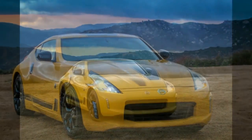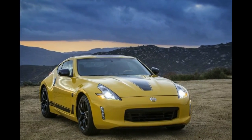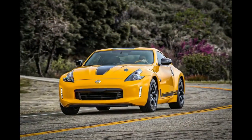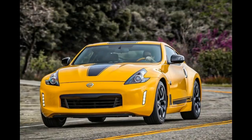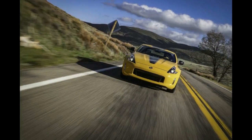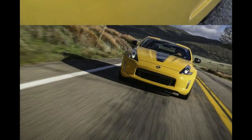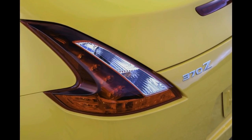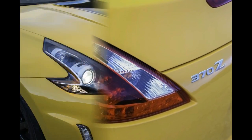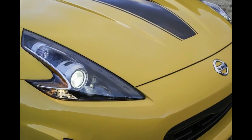How I would spec it: add all of the Nismo's mechanical bits to the base Z and keep the price tag under $40,000. In the world of cars, it's unorthodox, almost unacceptable, for a vehicle to stick around for nearly a decade without any significant updates. Sure, a couple of facelifts and some neat new features parsed out over the years keep things fresh and interesting,